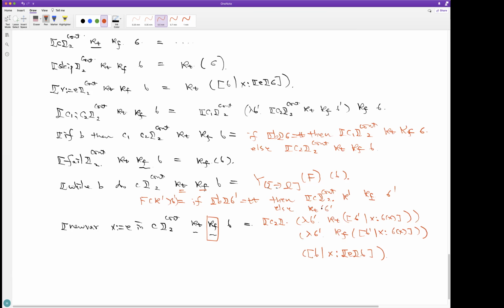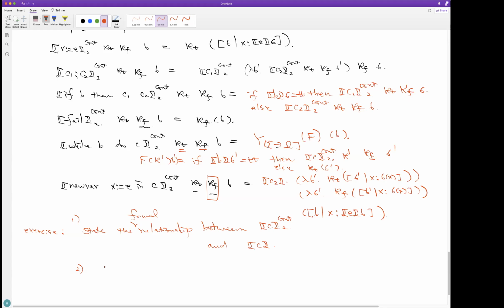First, state the formal relationship between the second continuation semantics in the presence of new variable declaration and fail, and the usual semantics. This is a bit different from the one that you studied before, but it's a bit similar. But you need to be a bit more creative to solve this exercise.